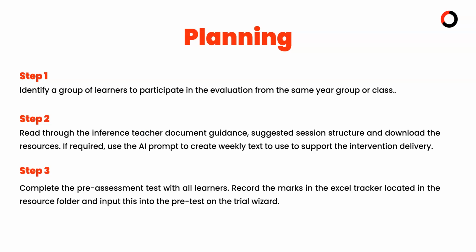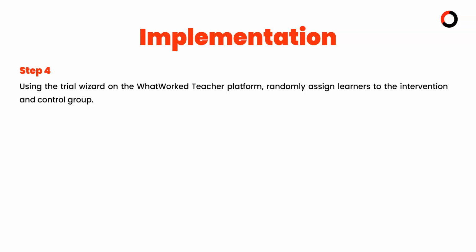Step 3. Complete the pre-assessment test with all learners, record the marks in the Excel tracker that's located in the resource folder, and then input these into the pre-test on your trial wizard. So moving on to step 4. Using the trial wizard in the What Worked Teachers platform, it will randomly allocate learners to the intervention and control